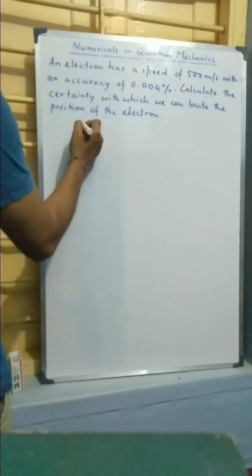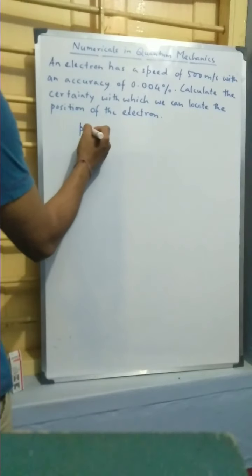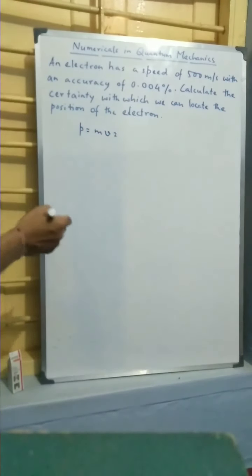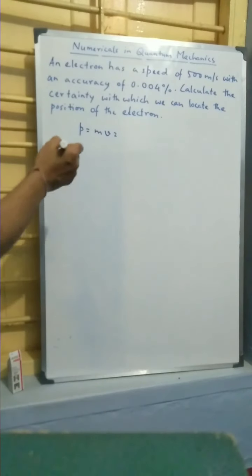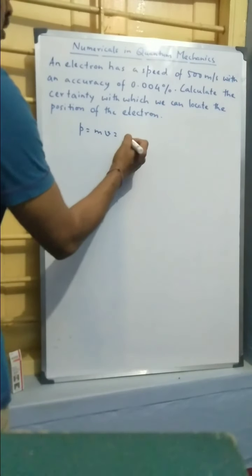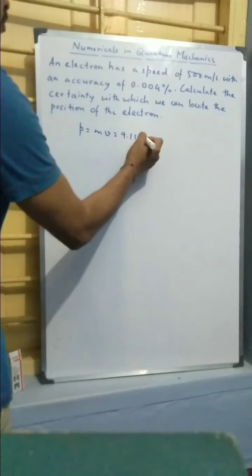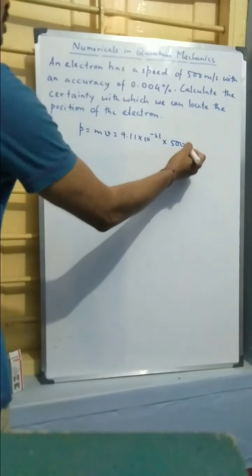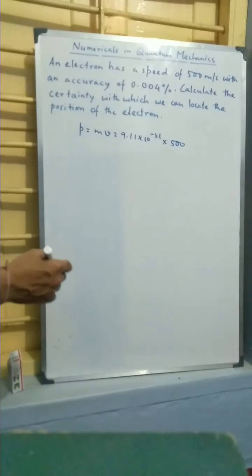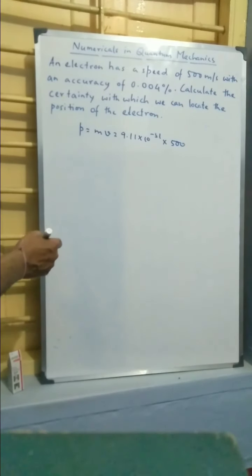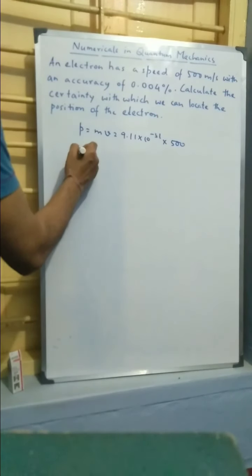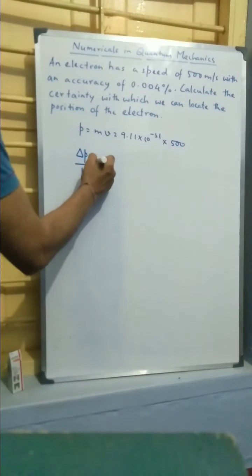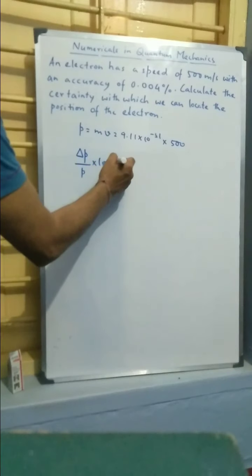First we need to calculate the momentum associated with the electron, which is m times v, and the speed is much lower, so we can use the non-relativistic expression, which is 9.11 times 10 to the power minus 31 into 500 kg meter per second, and according to the problem, the accuracy delta p by p into 100 is equal to